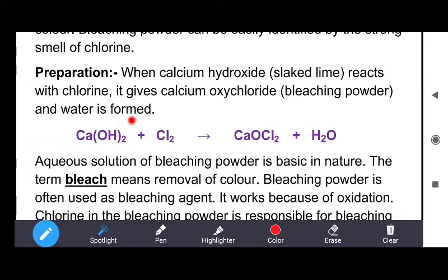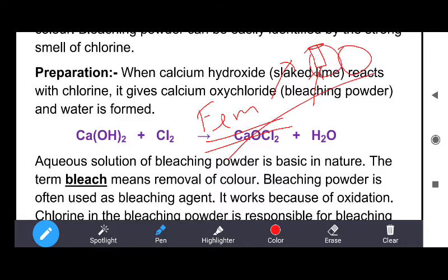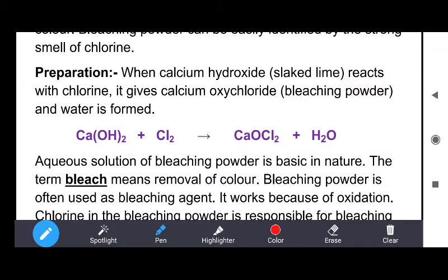The name of cream is PEM. So it is easily available in the market. In this cream, there is a small pack of a powder which is called bleaching powder, with the moisturizing cream. So this is the bleaching powder. You can see the bleaching powder also. This powder is used to bleach the face.